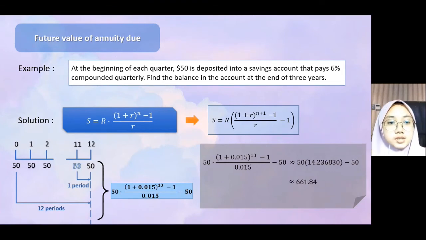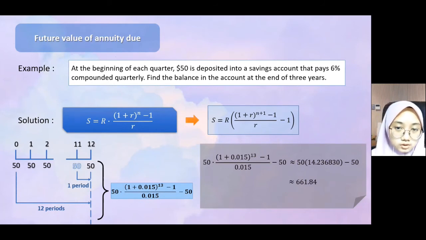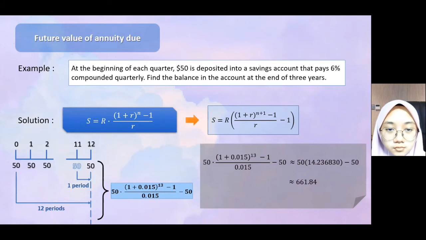Okay, the question says at the beginning of each quarter, $50 is deposited into a savings account that pays 6% compounded quarterly. Find the balance in the account at the end of 3 years. Okay, so the words at the beginning already indicate that this case is an annuity due case. Okay, so $50